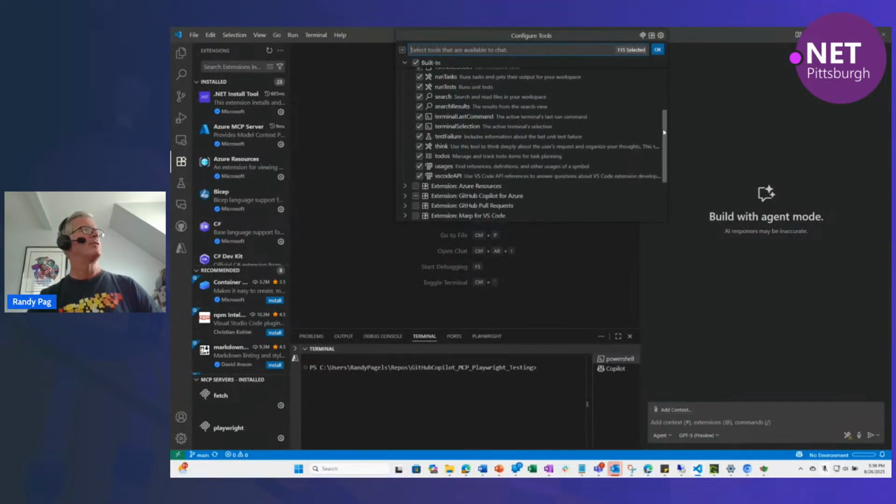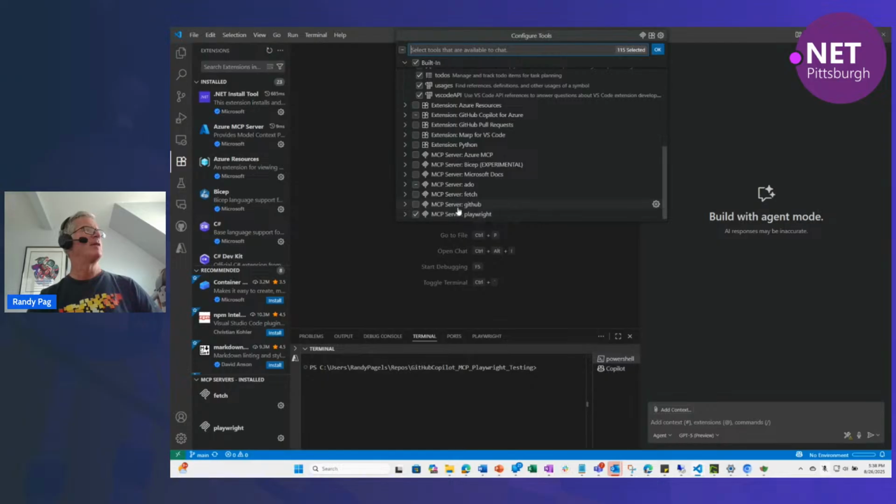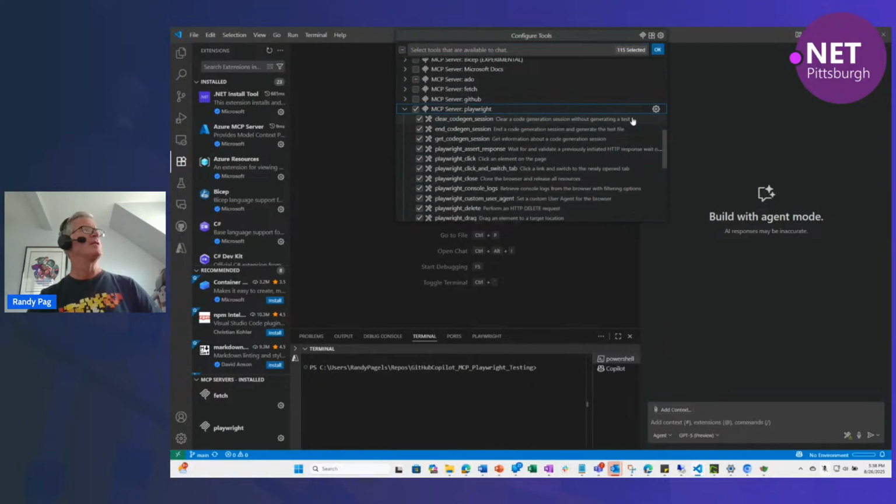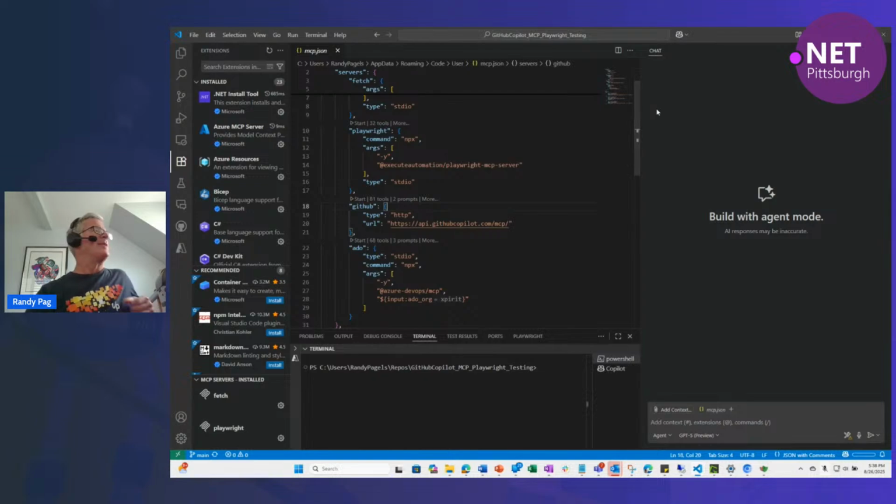And again, there's tools here, so I can actually go down to my right here. This is the server right here. I can see that it's checked, so most likely running. But if I click the gear, I can come into the actual settings, and you can see I can turn my servers on and off here. So I'm playing with Playwright right now, and